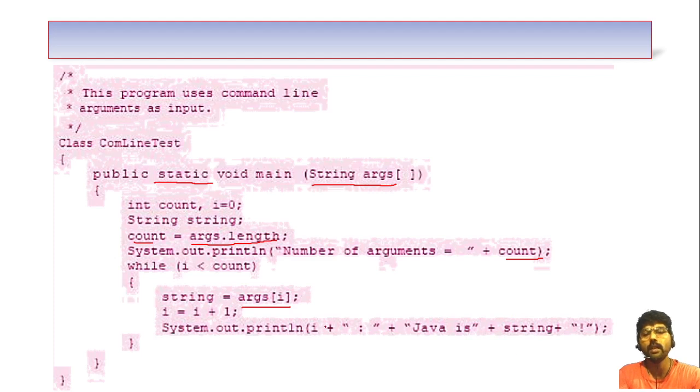Second, it is Java is portable. Java is simple. It is displayed one by one until all the parameters which were passed are exhausted. So however many parameters you passed, all of them will be displayed one after the other in the while loop here. This is the example that shows how to use the command line arguments.